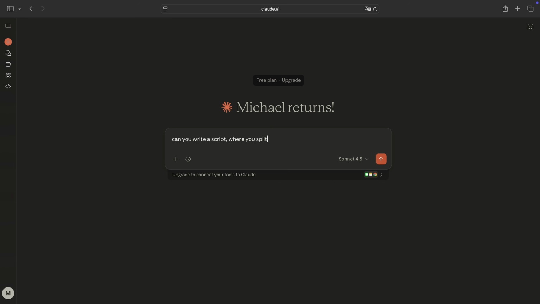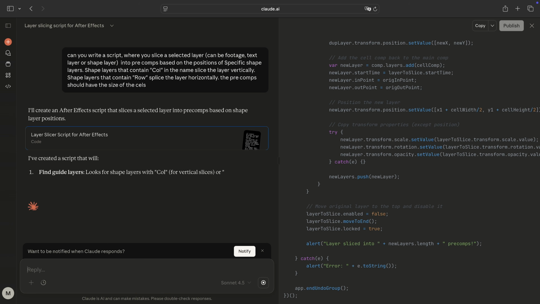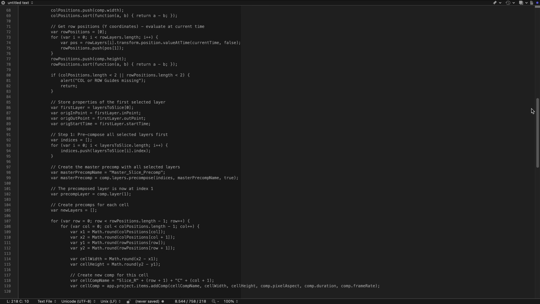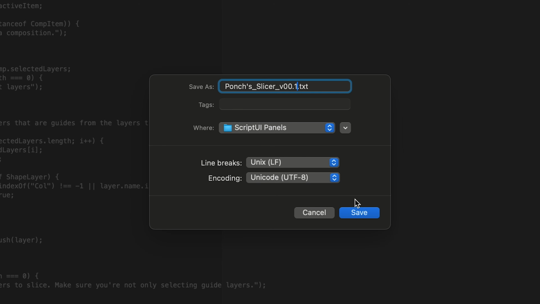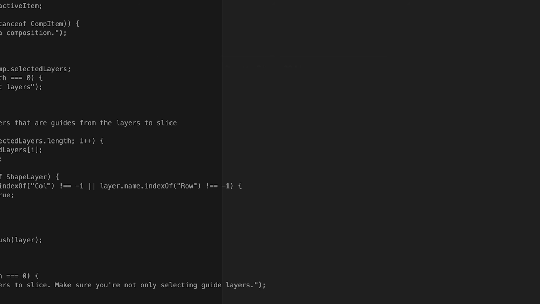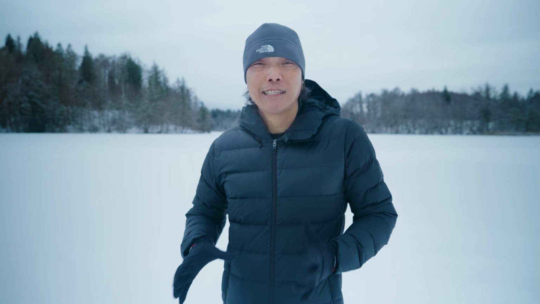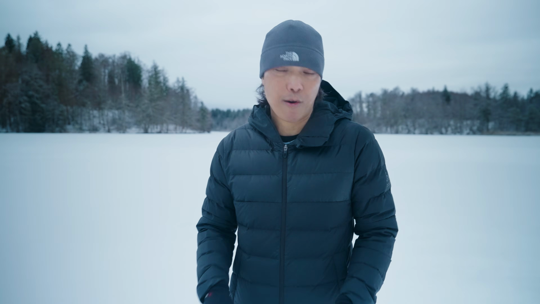Like me, you can vibe code the script in Claude or ChatGPT, paste the code into a code-friendly editor like BBEdit, and save it as a JSX file. And that's it, guys. Sure, vibe coding takes some time and a bit of back and forth to really optimize the script, but